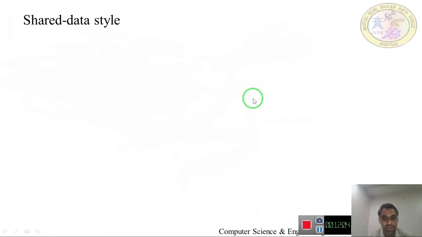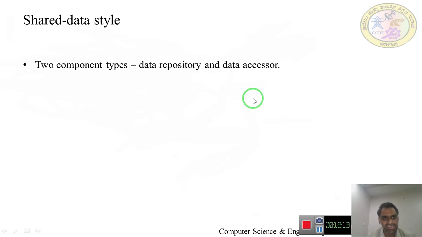Next, the second type of architectural style I would be discussing here would be data shared style, or shared data style. In this style, there are two types of components. What are they? First one would be data repository and second one would be data accessor. Then what is a data store? A data store, I can say it as a file or a database, resides at the center of the architecture and is accessed frequently by other components that would like to update, add, delete, or otherwise sometimes modify the data